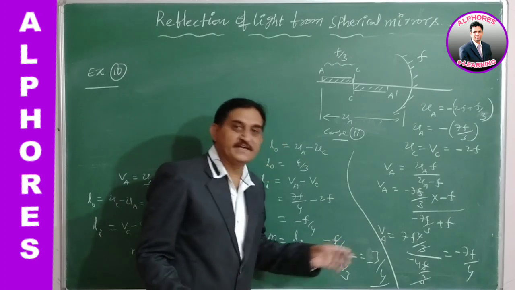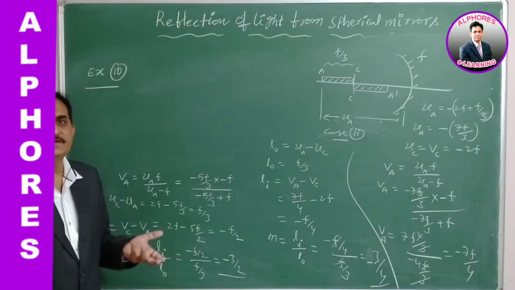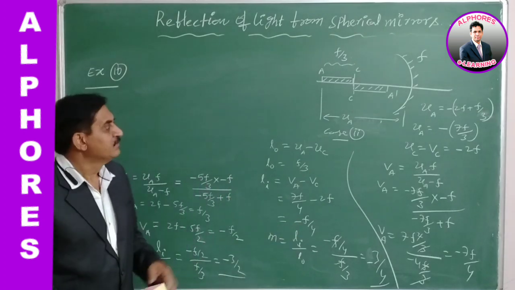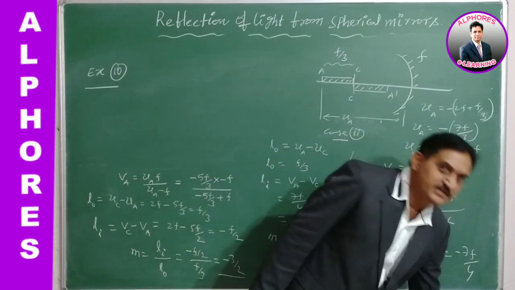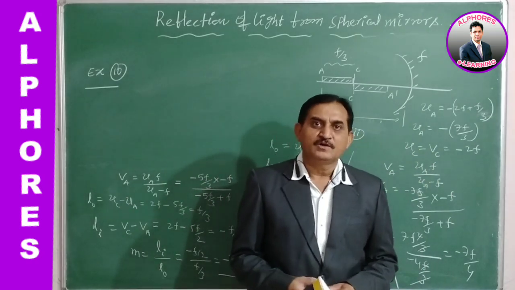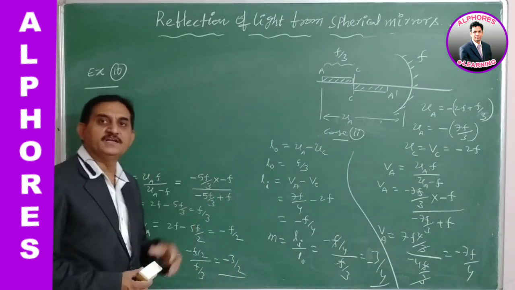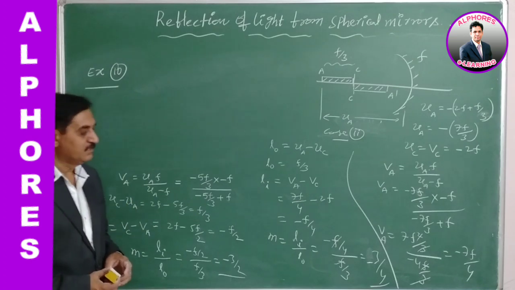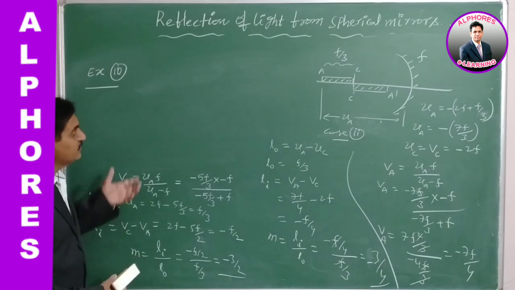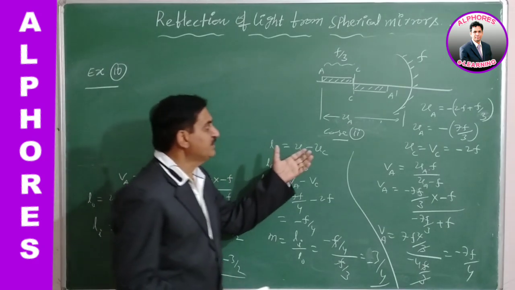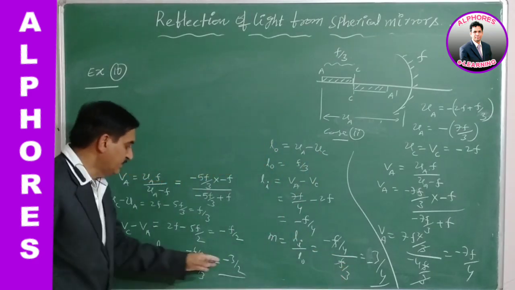Why are we getting this proper sign convention after solving this problem? It is quite matched with the fundamentals we have given so far. The fundamental is that for a real image, its magnification is considered to be negative, and for a virtual image, it is positive. So in both the cases we obtained real images. So if it is a real image, definitely the magnification is negative here.